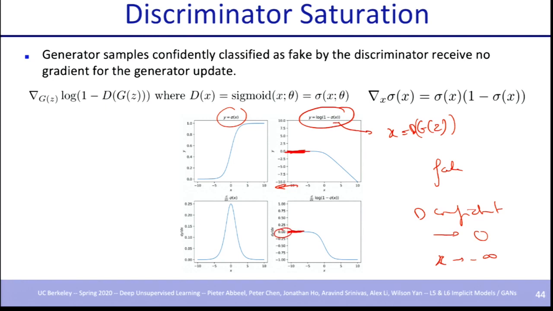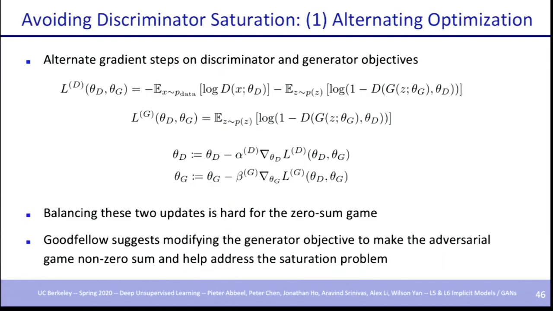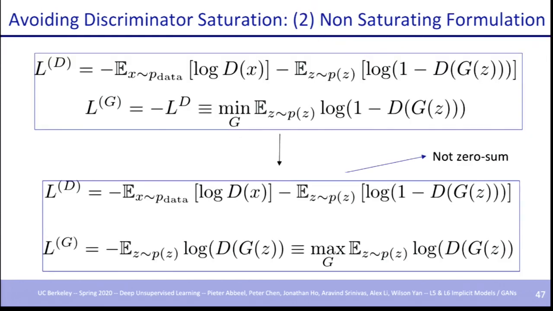So you get no signal from your discriminator about how to improve your generator to get better samples in the future. This is called discriminator saturation. It's this notion where if your discriminator trains for a really long time, or not even that long, it's just expressive enough to be really good quickly, what will happen is the gradient for the generator will effectively disappear. And so what you really can do instead, or should do instead, is an alternating optimization. Don't optimize your discriminator all the way till the end, till it's near perfect for your current generator, because then you will get no signal anymore. That's one solution. Another thing you can do that's often done is reformulate your objective to be non-saturating.